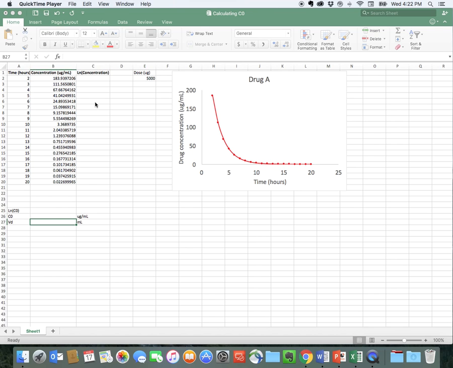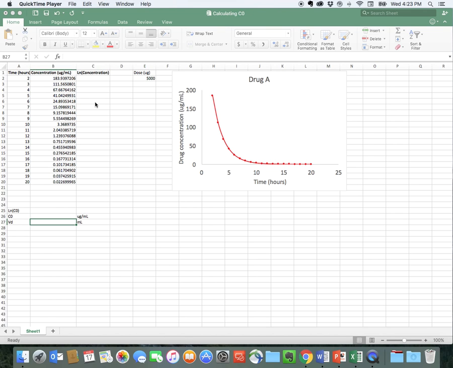Well, this is where pharmacokinetic modeling starts coming in, and what we need to do is that once we have our pharmacokinetic data, our time versus concentration data, we fit a model to those data, and then we use that model to predict what the concentration would have been had we taken a sample at time 0 when we gave the drug. Okay, so I am going to show you how we do this with a very simple data set